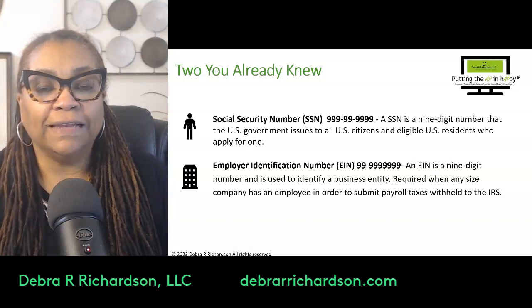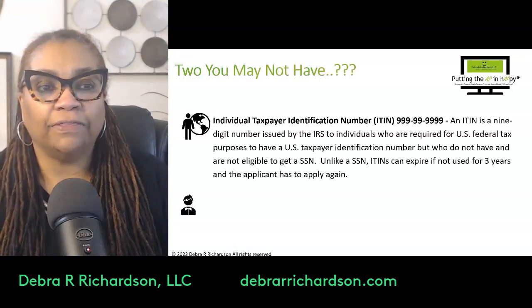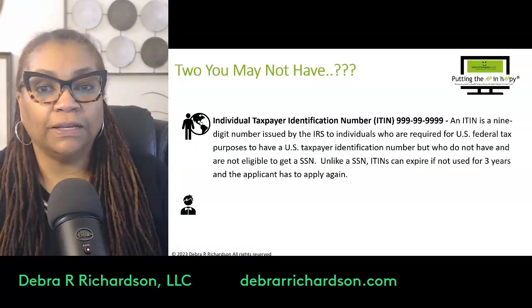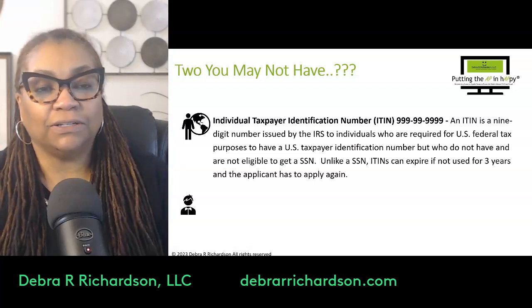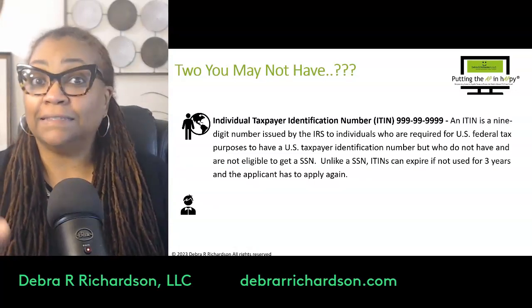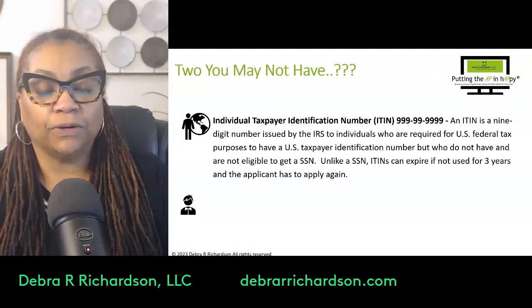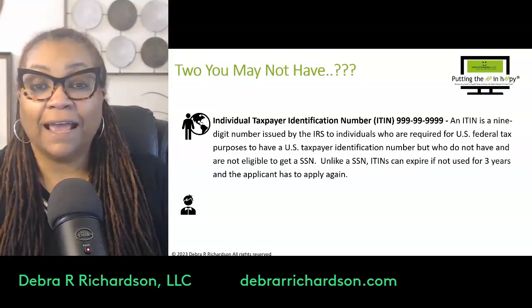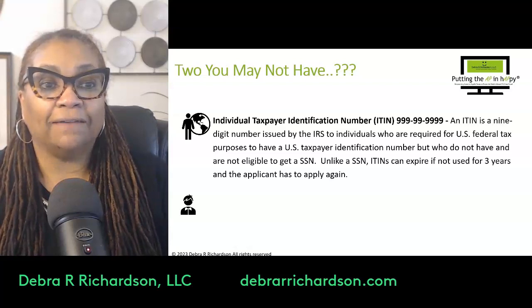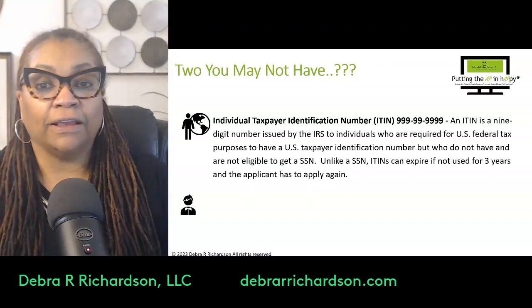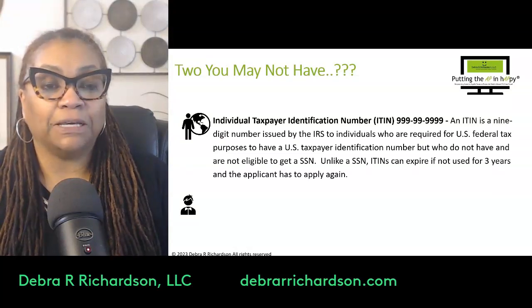Now, the next two you may not have heard of, and the first one is the Individual Taxpayer Identification Number, or the ITIN. Now, it is formatted just like the Social Security number, and it too is a 9-digit number issued by the IRS instead of the U.S. government to individuals who are required for U.S. federal tax purposes to have a tax ID, but who do not have and are not eligible to be issued an SSN. Unlike an SSN, ITINs can expire if not used for 3 years,